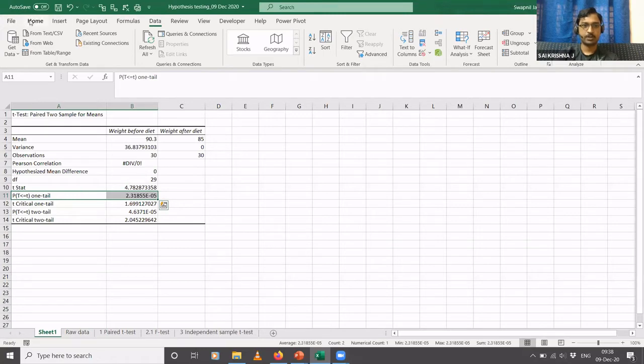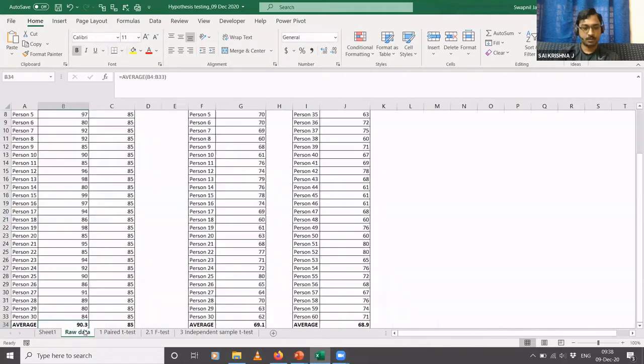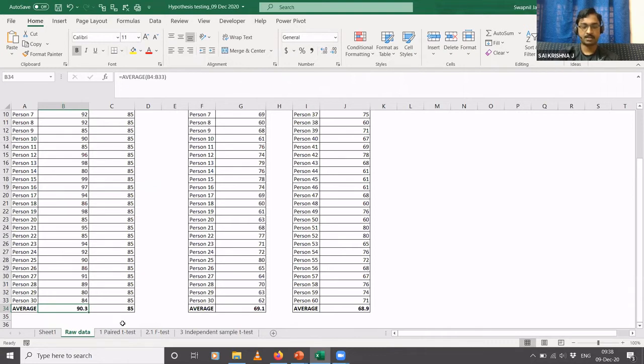You also have something called a two-tail distribution. Let me come back here. Now you have the weight before diet as 90 kg and the weight after diet as 85 kg, so you're saying the diet has reduced the weight. Let us imagine one more scenario where it is not a diet, but people are given some kind of medicine or pill to reduce the weight.